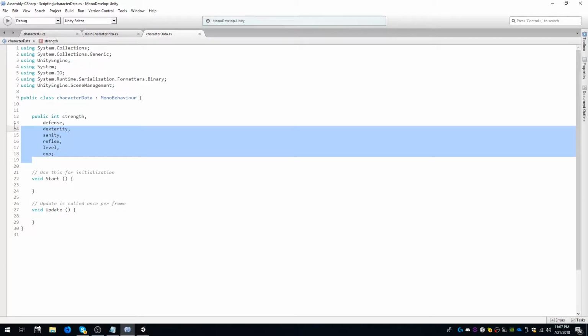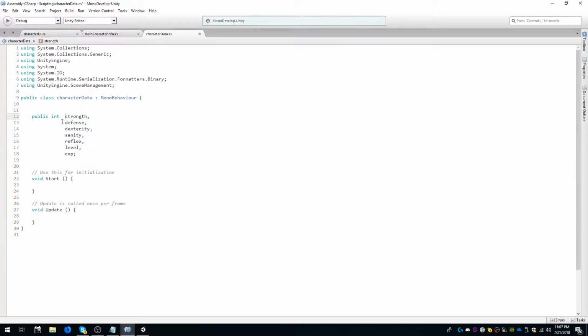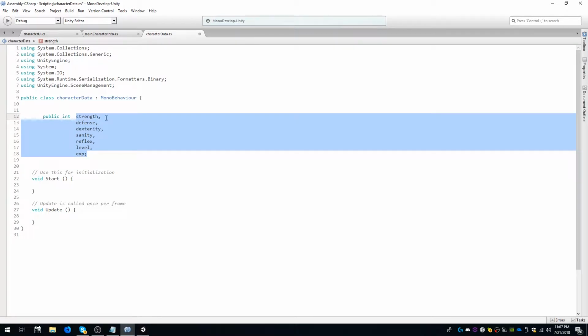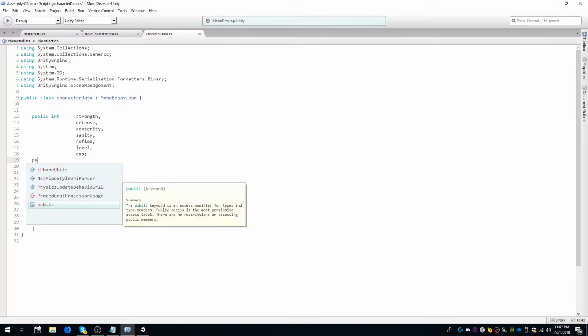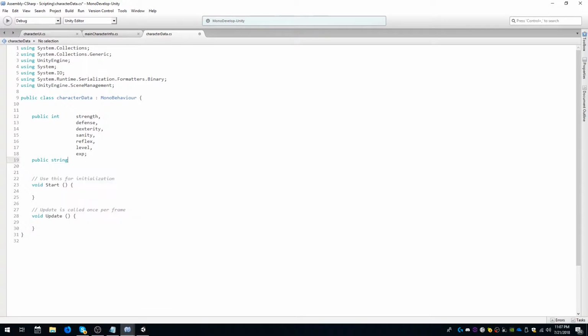I want these spaces. I'm a little bit picky about that, just a little bit. That looks nice. Next, we need to have our character name, such as a string, so public string, and we'll tab out or just space out to line up everything here. Do character name,